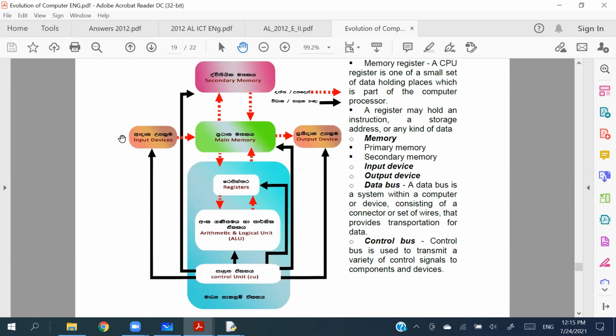Now I told you this control unit is there to send the control signals. So to send the control signals, it connects to the motherboard, where the CPU is connected. So the motherboard has the circuit lines to take the signals and data and instructions. So there are circuit lines which are separate to take the control signals. Those are called control buses,